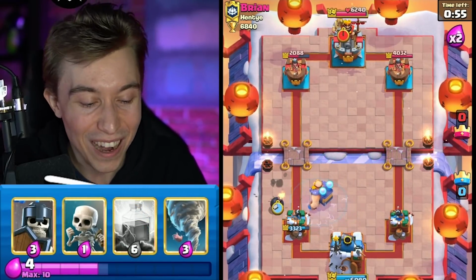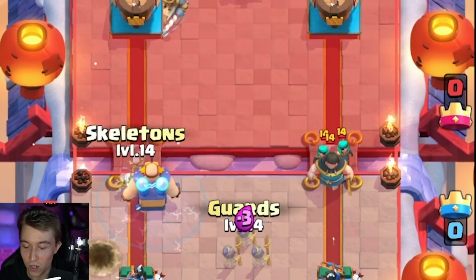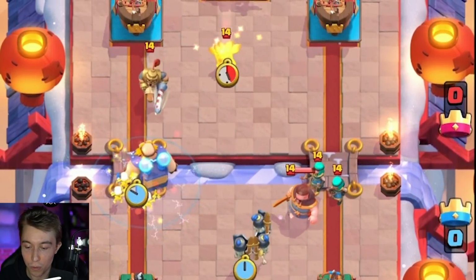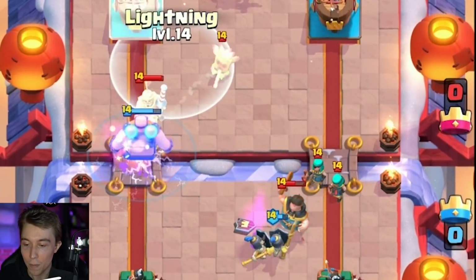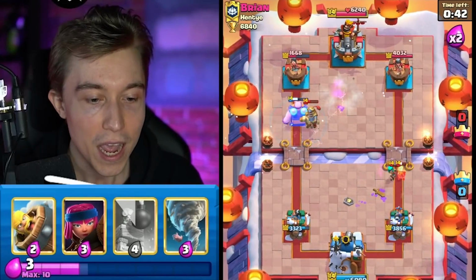So I'm not going to do that. I'm going to drop a little bit further up. I'm going to give him the respect that he deserves. And I'll go for guards here and skeletons, maybe to body block their initial prince hit. If that can happen, that'll be a vibe. And a lightning on top of the prince and the dark goblin. We shouldn't take too much damage from the other side. I believe that the prince...